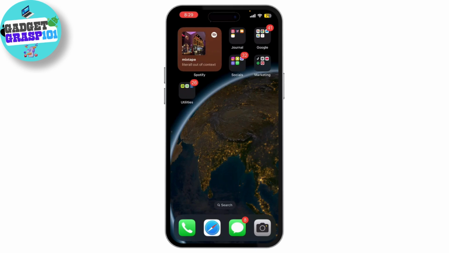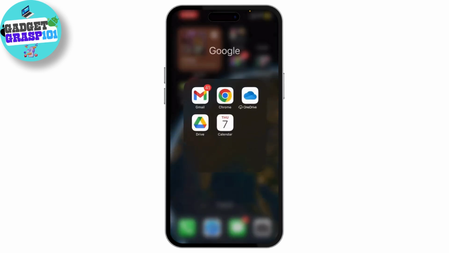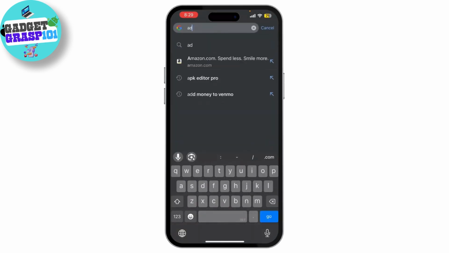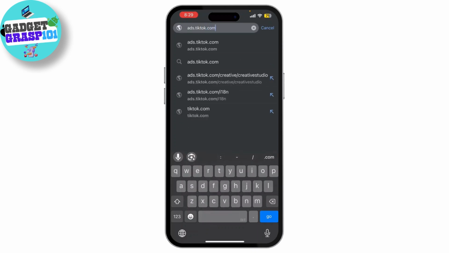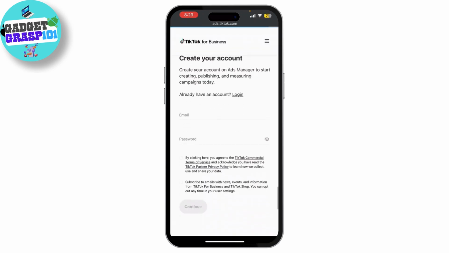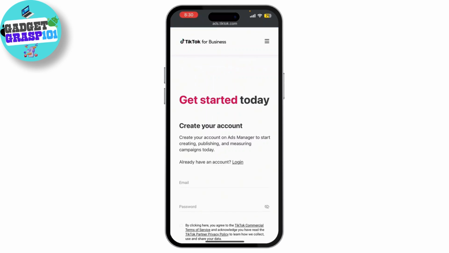First things first, if you don't have a TikTok ads account yet, you need to create one. Head over to the TikTok's ad manager website ads.tiktok.com. Now click on create an account or get started. Now follow the prompts to sign up or log in. Once you're logged in, you'll land on the TikTok ads dashboard where you'll be able to manage your campaigns, audiences,